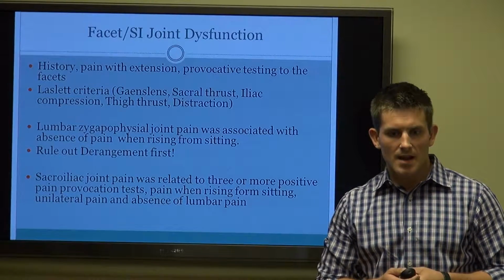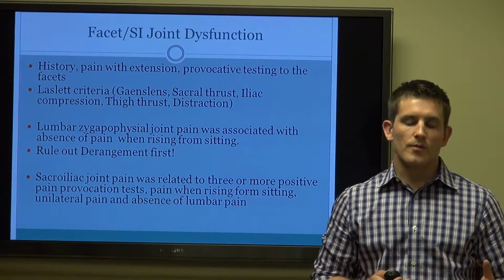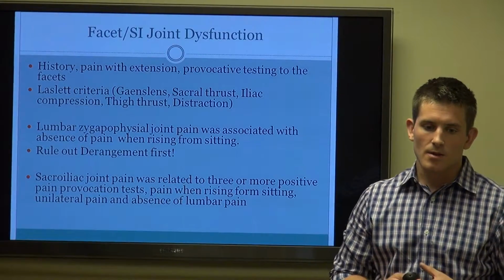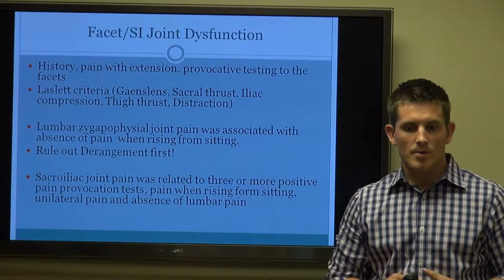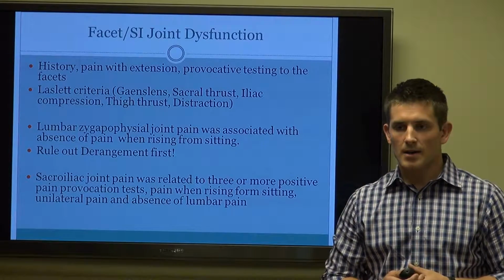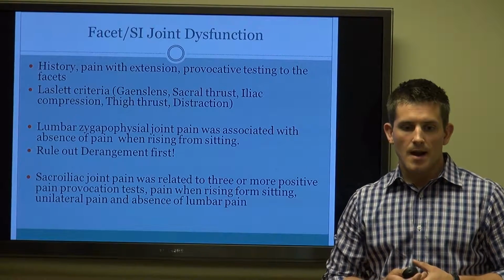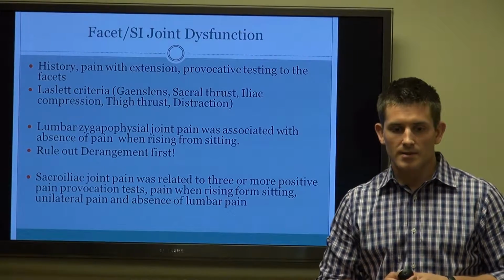So the facets and SI joints get a little hairy occasionally. I think sometimes they're overdiagnosed and sometimes they're underdiagnosed. So with the facets, we're obviously going to base it on patient history, so pain with extension and provocative testing to the facets, like your Kemp's exam or even just a facet loading test. For the SI joint, and we'll get into this on the next two slides, we use Laslett's criteria,